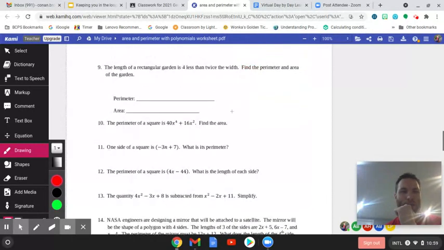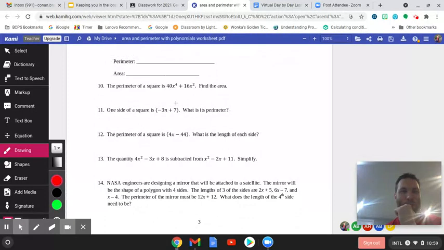Is there anything else in here I want to talk about? The perimeter of the square, find the area. Okay, so the perimeter is 40x to the fourth plus 16x squared. Let's run with this. And then this is essentially like the total of the 4 sides. Okay, so